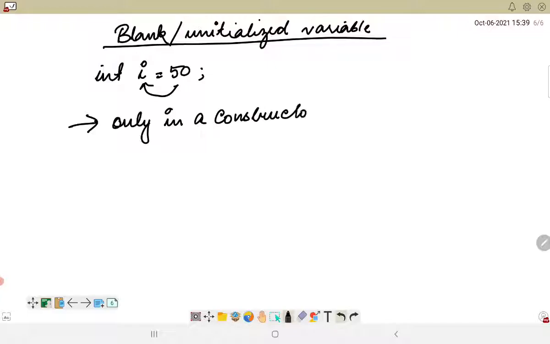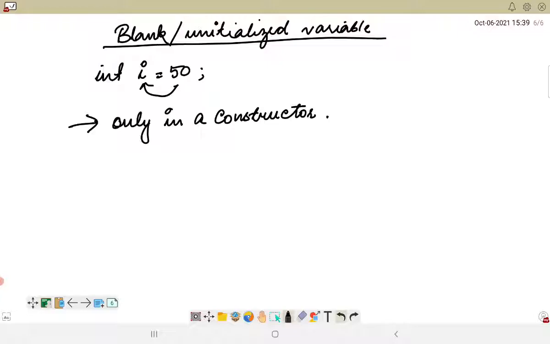Any other variable which is not initialized will not be suitable. It happens only when there is a constructor in that particular program.